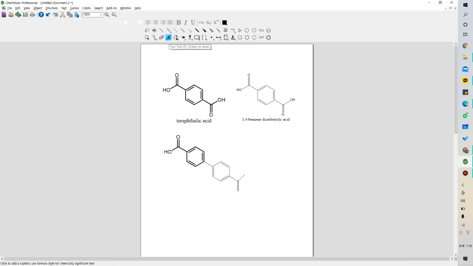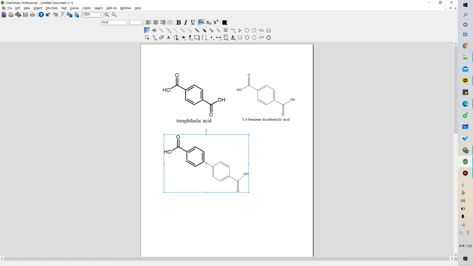And if you click the text tool, A, and click right on the location where the bond ends, you can type your desired atom that will go on that location. In this case, I'll type O here and OH here to make it symmetrical with the other end. So this is done, but you can see that the structure isn't quite ready yet.